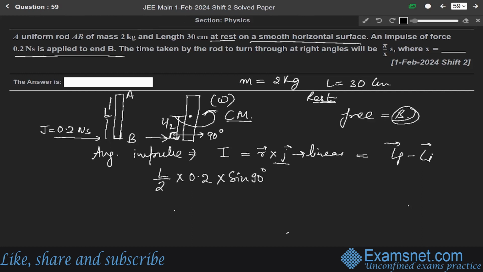Since the angle between the impulse and the length of the rod from the center of mass, L by 2, is 90 degrees, we can write L by 2 cross J, J means 0.2, into sine 90. It will be equal to L final. L final is what? I about center of mass into omega minus, initially it is at rest, so it will be 0. So we can write L by 2 into 0.2 into sine 90, which is 1, equals to